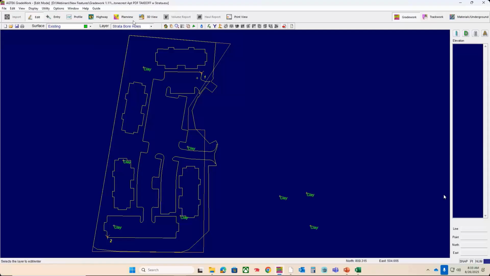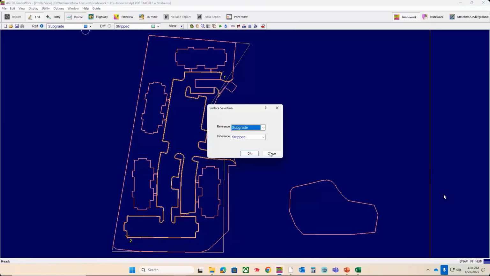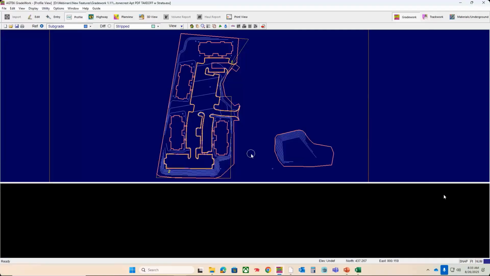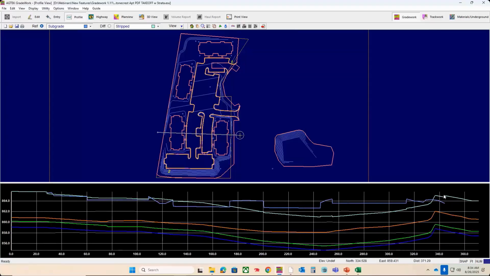The other thing, Juan, while I'm on this project, let me go to profile view. What's the point of profile view? Is it helpful? Is it just another mode that we never use? Absolutely. I mean, especially in a complicated scenario like an MSE wall over excavation, maybe with a backfill of a specific